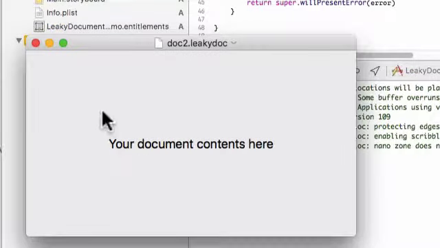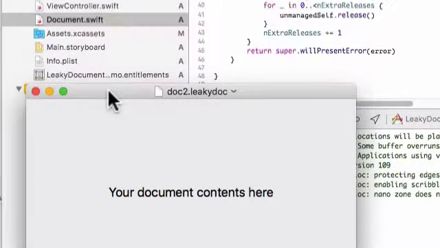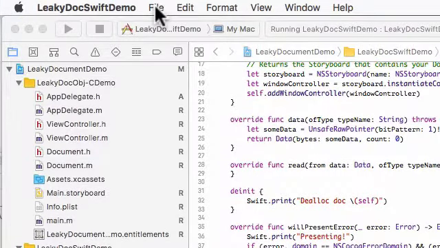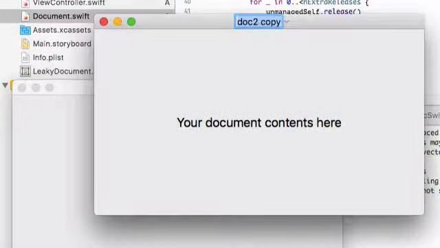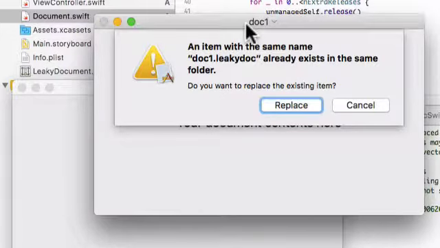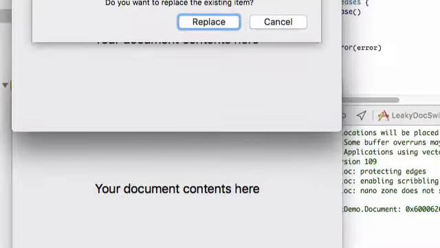To reproduce the problem, I am going to click in the menu. You have to do it this way. Duplicate, and I get another document. Now, I'm going to change this to doc1 because I have previously created 2 documents in this folder, doc1 and doc2. So now it tells me that I'm going to replace the existing doc1, and you see